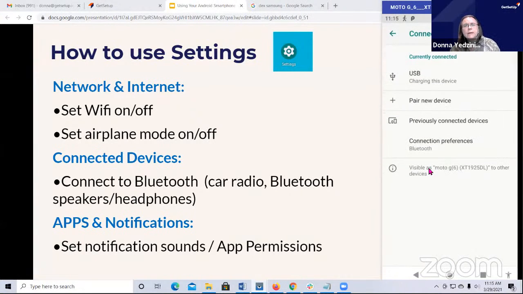Now, Bluetooth, this is where you can connect, let's say you want to listen to music over the speakers in your car. You could connect to your car speakers. You could get just a regular Bluetooth speaker in your home. You could connect your phone to that and play music to the speaker. Some medical devices now use